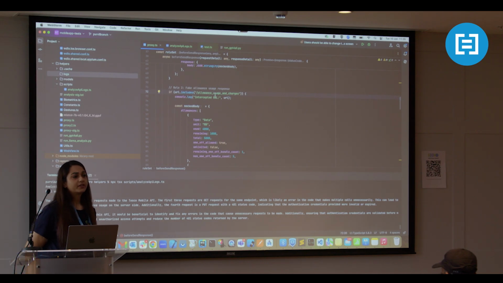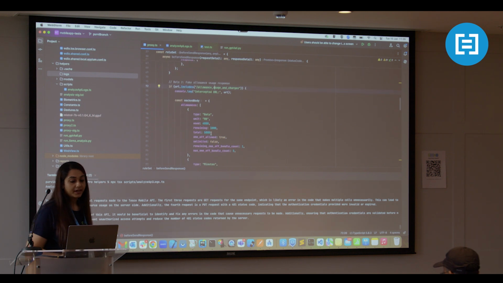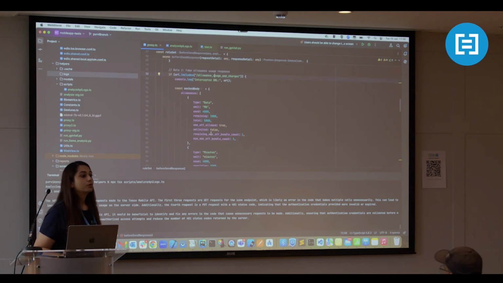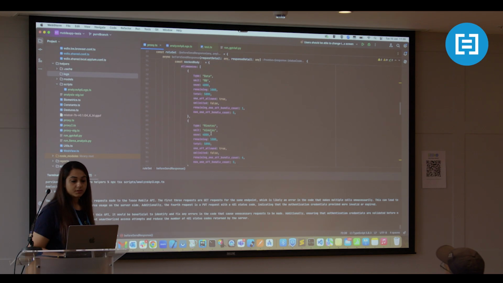You can use a regular expression instead of this, and if that matches, then it gives it a mock body. So this is the body. Right now it is hard coded. We can also use a JSON and consume the JSON directly in the body. So this is what it is doing.